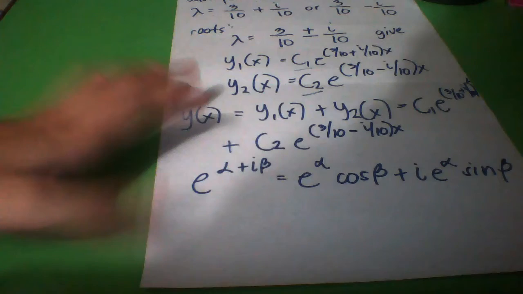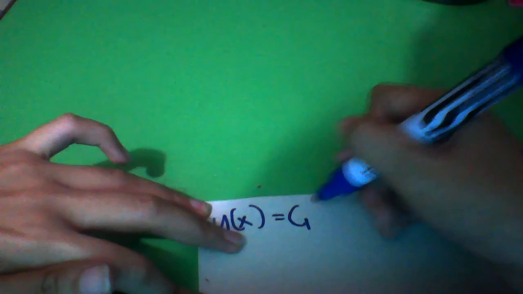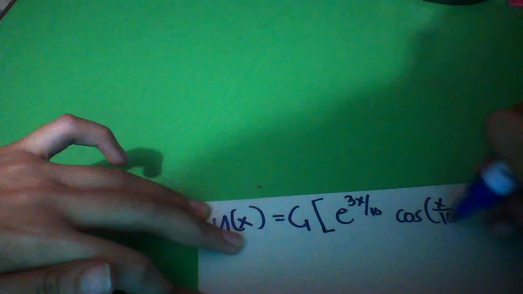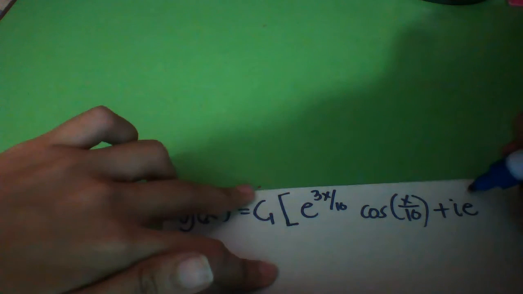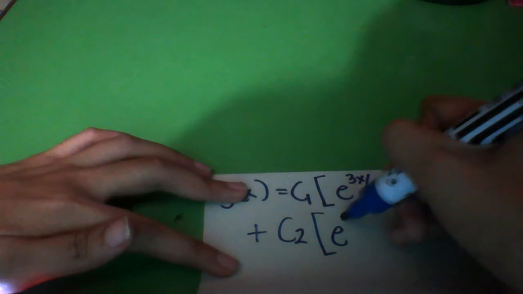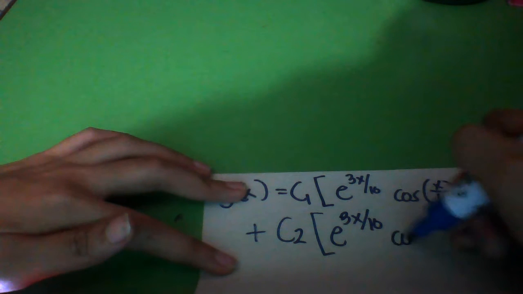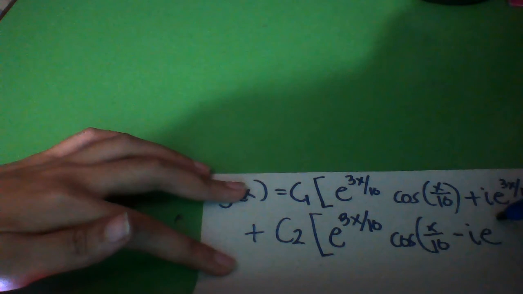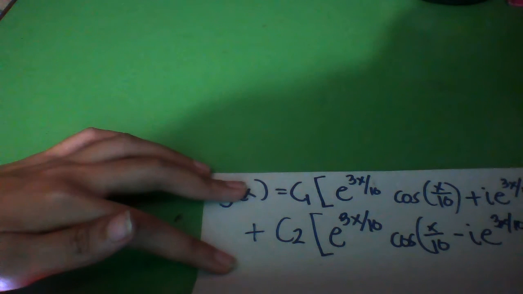So from this, y of x will become equal to c1 times the bracket e to the 3x over 10 cosine x over 10 plus i e to the 3x over 10 sine x over 10, plus c2 times e to the 3x over 10 cosine x over 10 minus i e raised to the 3x over 10 sine x over 10,